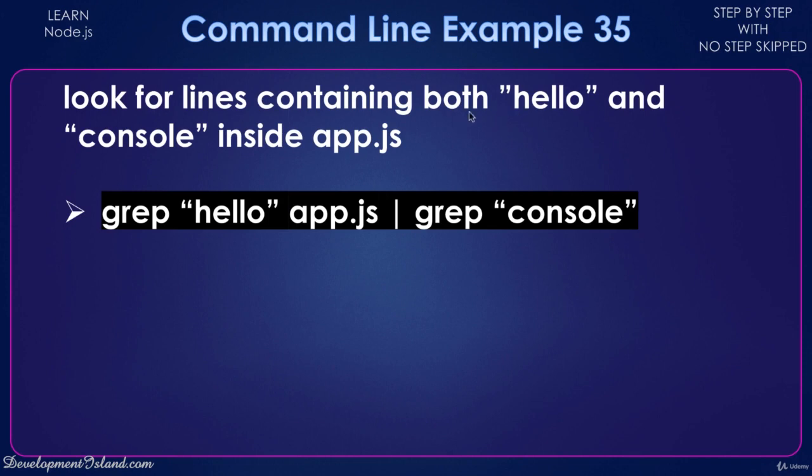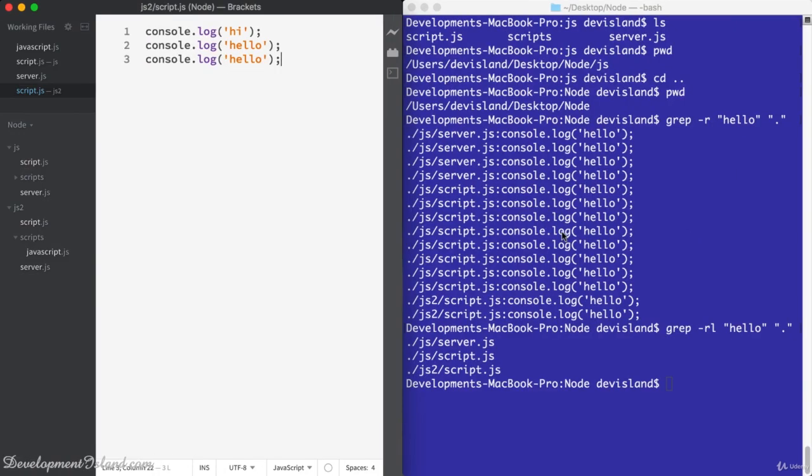Next one, let's look for lines containing two words. So we want both hello and console inside a certain file. So you can use piping for that. Basically, you look for the first word, you get all lines containing that word, and then you check those lines and see which ones contain that word as well. All right. So let's try that on server.js,